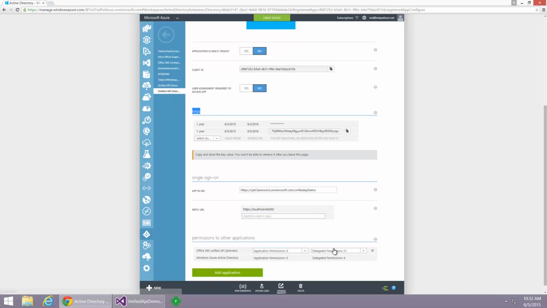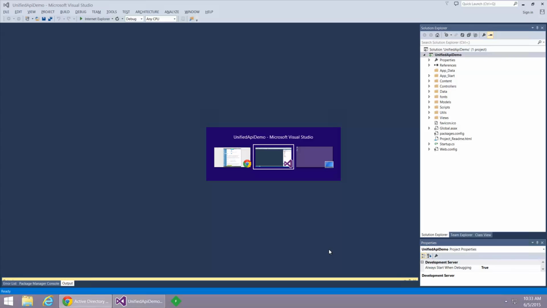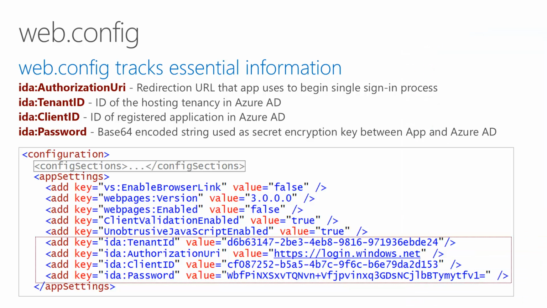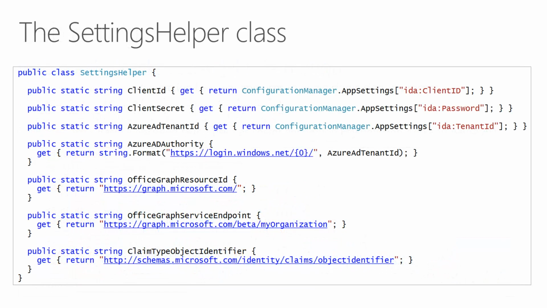And then also down below, I've configured all of the Office 365 Unified API permissions like I showed in the previous demo. Okay, now once you have gotten those pieces in place right there, you also need the GUID for the hosting tenant that you see inside there. Now, once you have that,